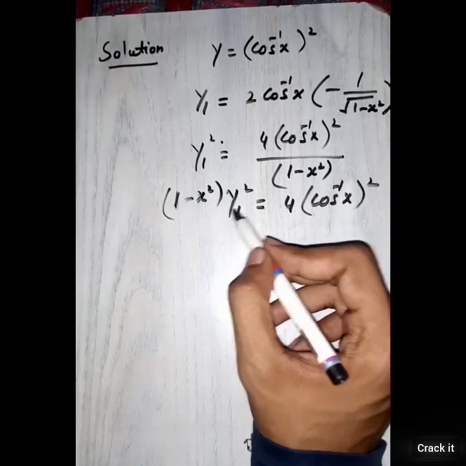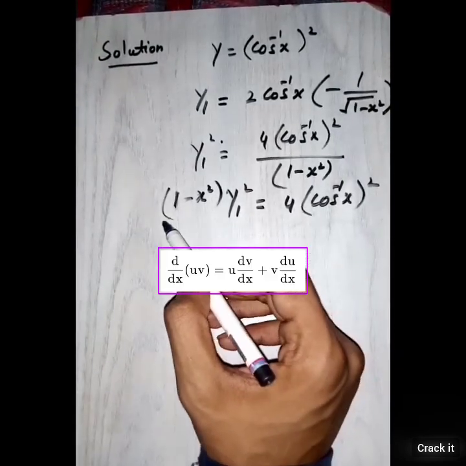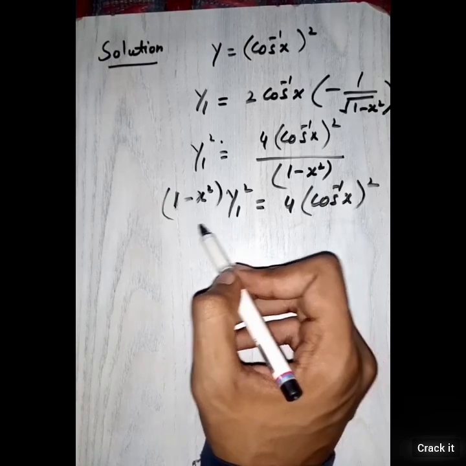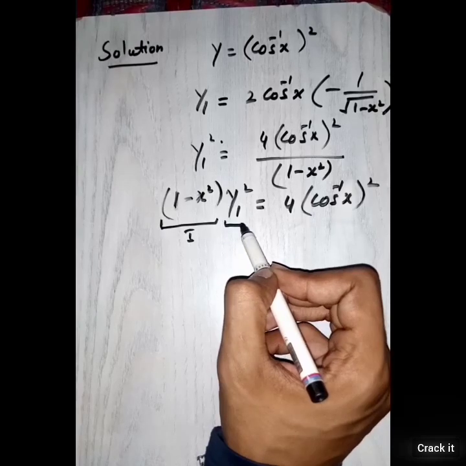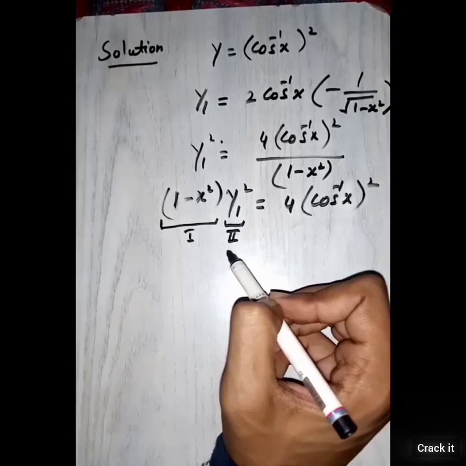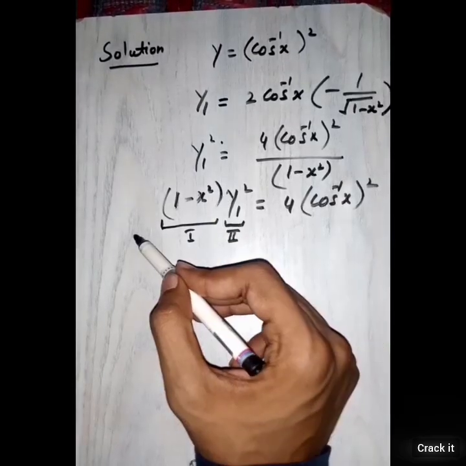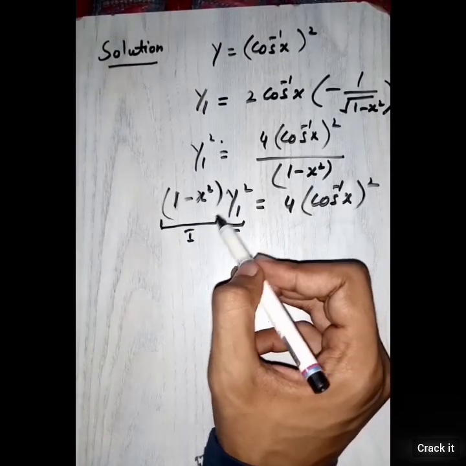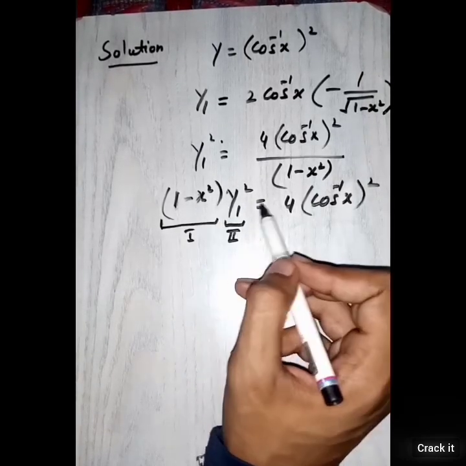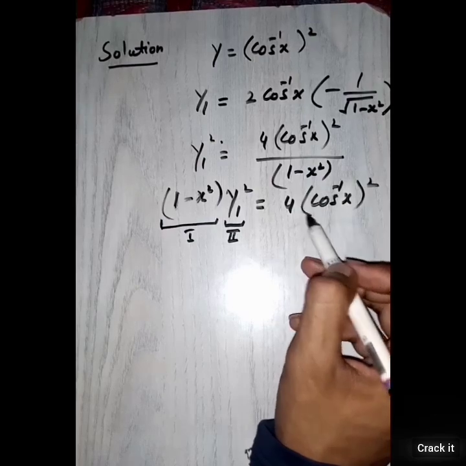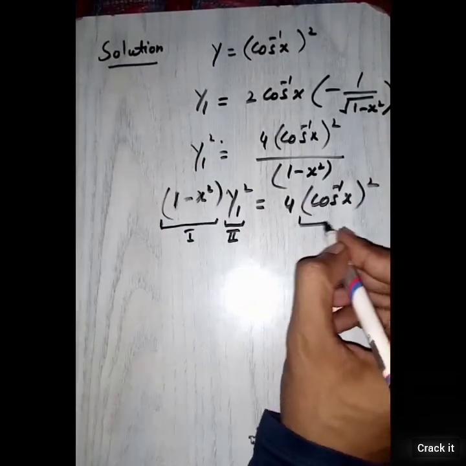And now we will again differentiate this equation, and when we do so, the product rule of the derivative will be applied on this side of the equation, as this is the first function and this y1 square is the second function here. So as the product rule of the derivative suggests, we take first function as it is, derivative of the second function, plus second function as it is, derivative of the first function, equals 4 into, as this is the value of y, as we can see it here. So this is actually the value of y.